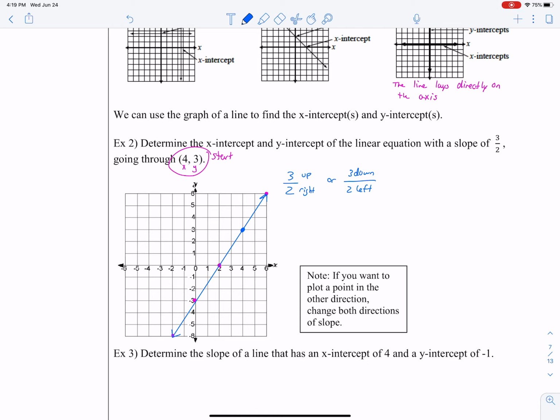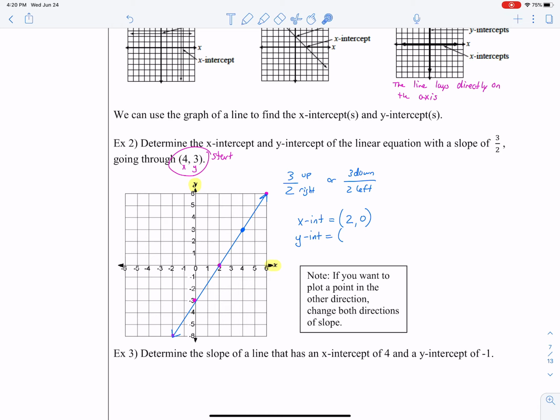In this graph, it labels the axes for me. So it tells me this is the x-axis and this is the y-axis. So my x-intercept is going to be, I look over here, okay, this is the place where it crosses through. It's a 2. This is the x-intercept, so the value goes in the 2 position with a 0 next to it. And then for my y-intercept,